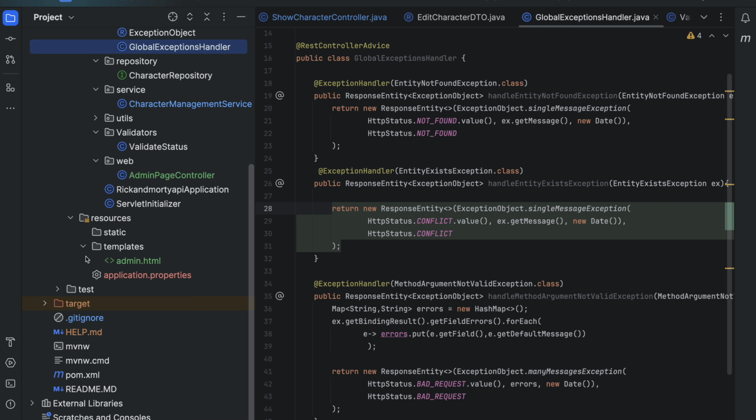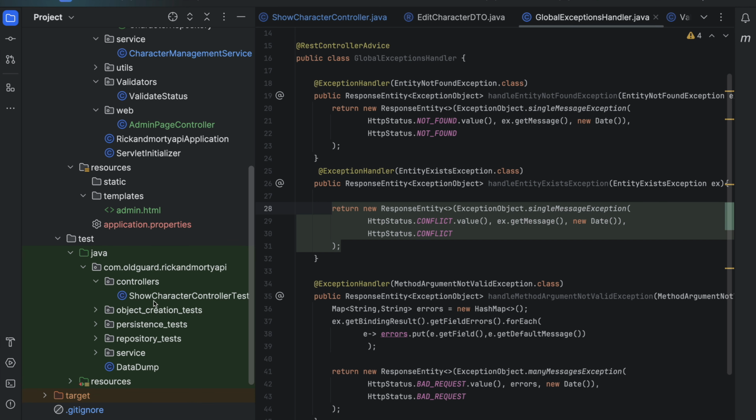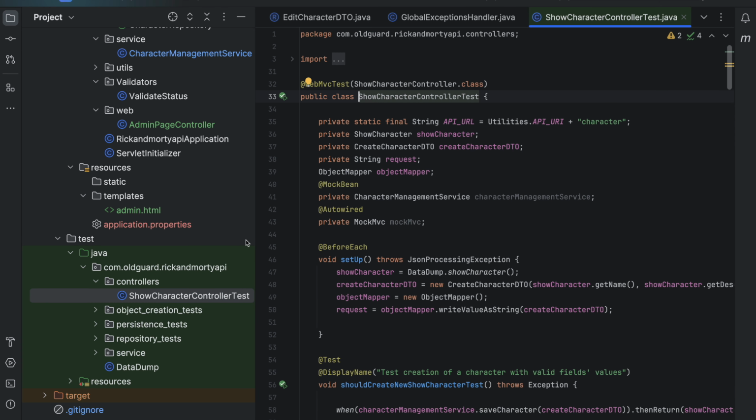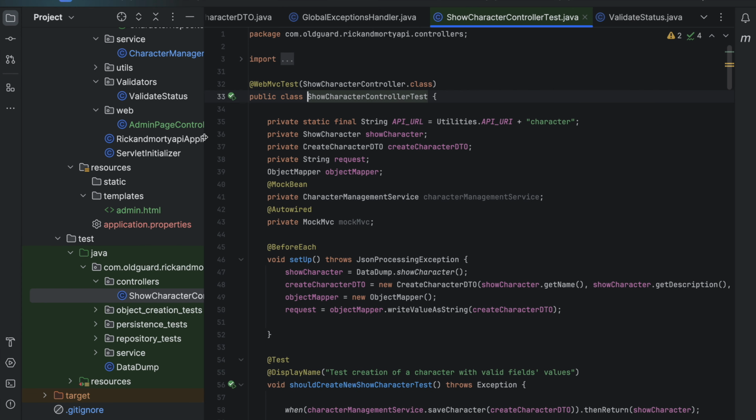MockMVC tests. So we have this ShowCharacterControllerTest, and the first thing you'll notice, the show character